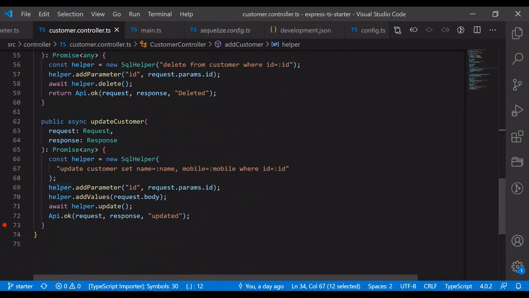So I have used helper.add parameter for the ID from request.parameter, which does not come from the body information, and helper.add values of request.body. The body will return the name and the mobile number, which is going to be concatenated here to update those values. So we don't want to add multiple parameters, which is the same as the JSON format.